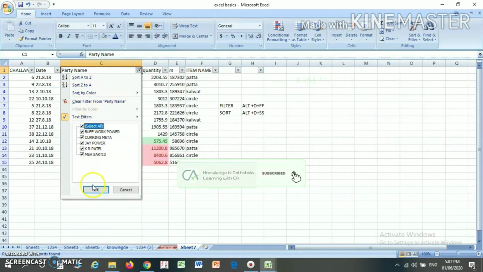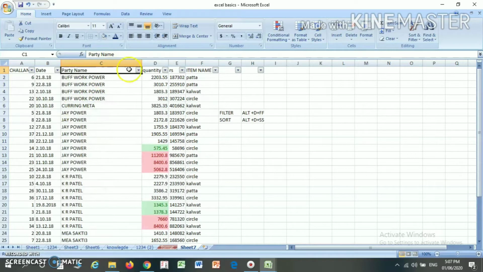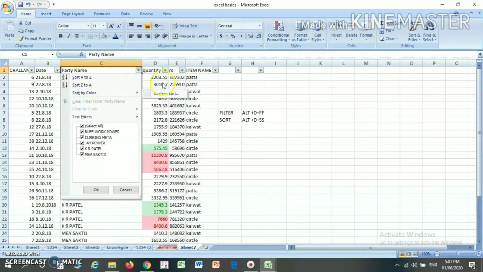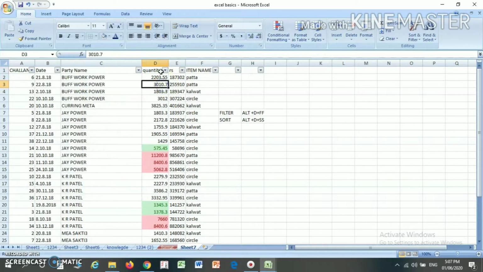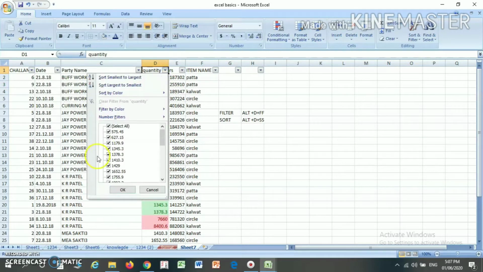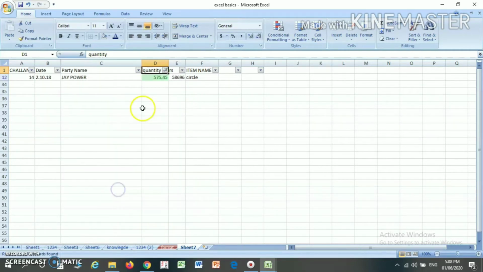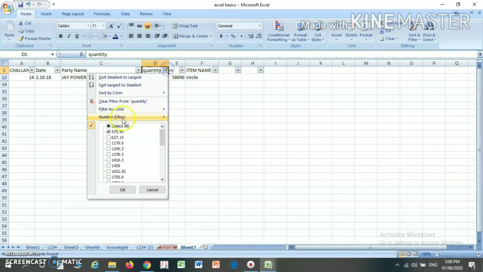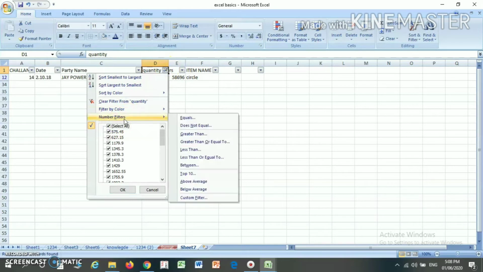Suppose I select all again, all the data will come up. I can also select by quantity. Suppose I select a particular quantity, only 575, then you will find only 575 data coming up. I can use the number filter, where I can use less than, less than or equal to, or between.